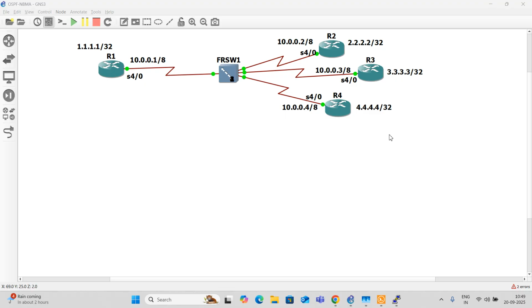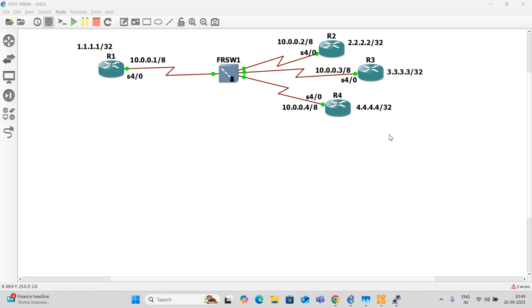So, what is the drawback there? See, everything looks good, like neighbors are dynamically discovered and there is no DR-BDR. All those things look good, but it's a WAN environment. In a WAN environment, dynamic neighbor discovery is not secure.